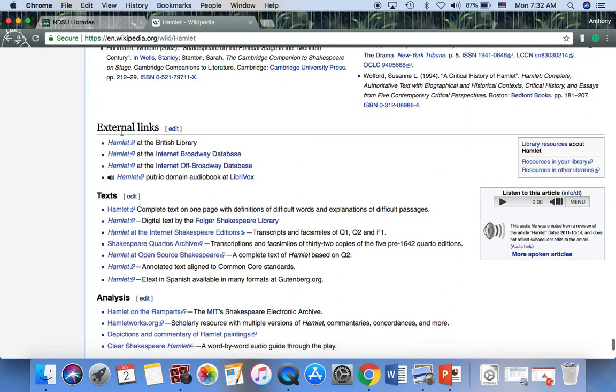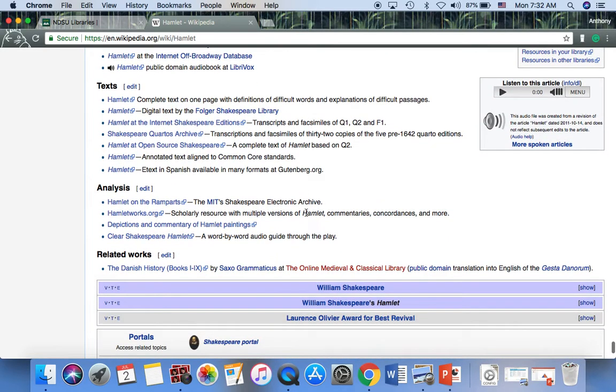You've even got some external links. Hamlet at the British Library, Hamlet at the Internet Broadway database, Hamlet at the Internet Off-Broadway database, Hamlet public domain audiobook at LibriVox, right? Gives you several different texts. MIT's Shakespeare Electronic Archive, HamletWorks.org.